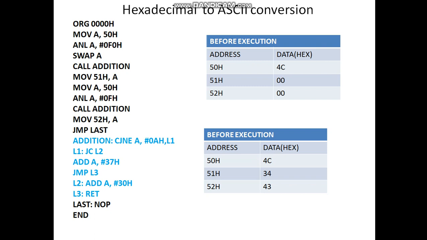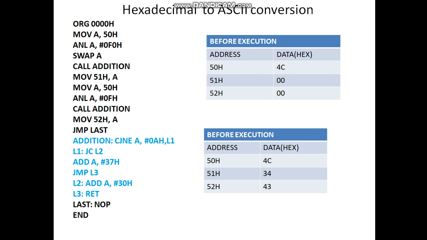The next step, according to the logic, we have to check if the number is in between 0 to 9. If yes, add 30. So here it comes to the subroutine. First you need to check if the number is equal to 10. Whether no or yes, for both the cases, the very next instruction will be executed, jump if carry. So here the input number is 04. A carry is generated. If a carry is generated, it has to go to the label L2.